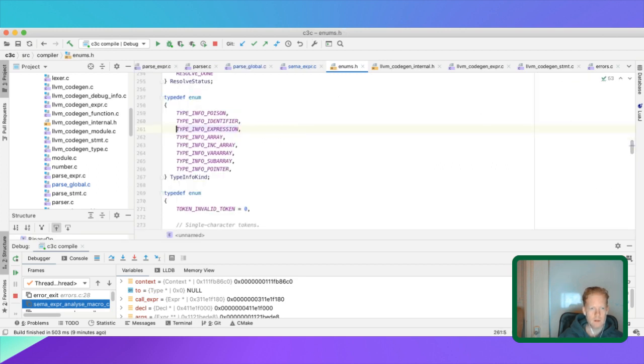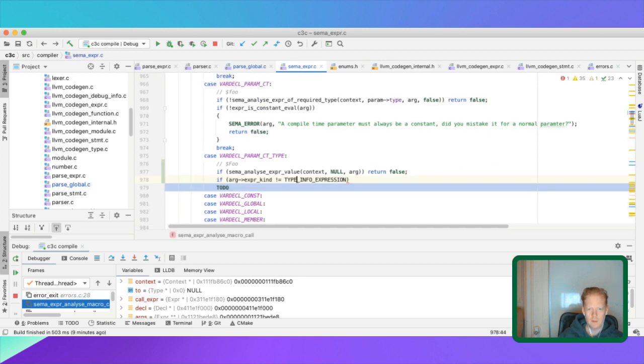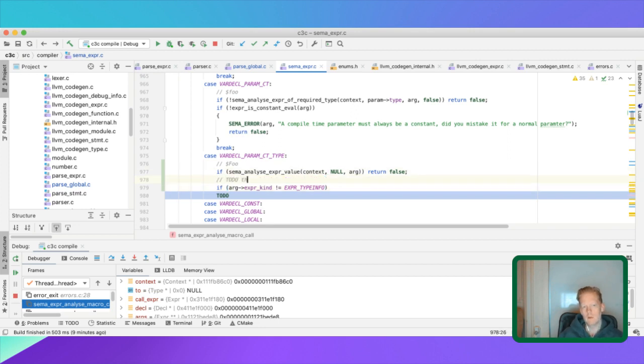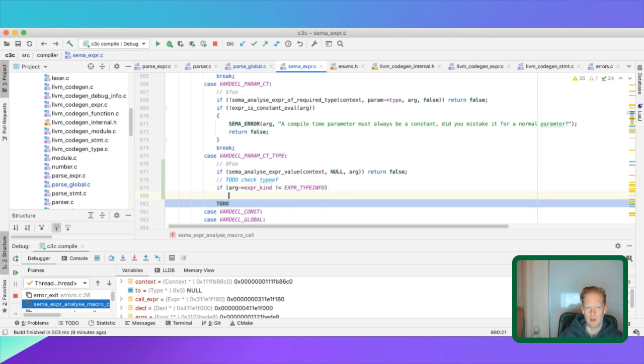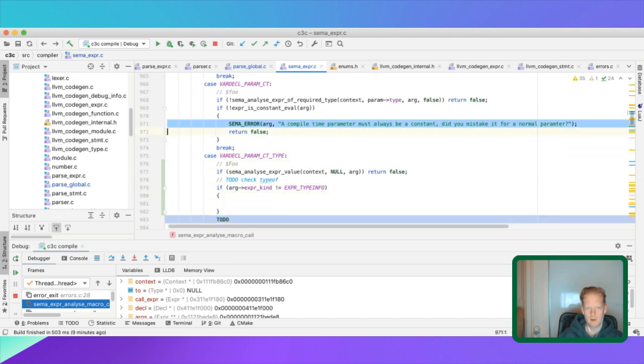Right, if it isn't a type info, then it isn't a type. It could actually be a type of, I guess, so we'd need to check type of. Right, if it isn't a type info, that is, it isn't a type,